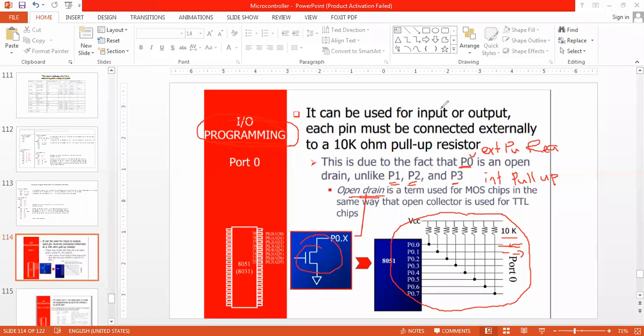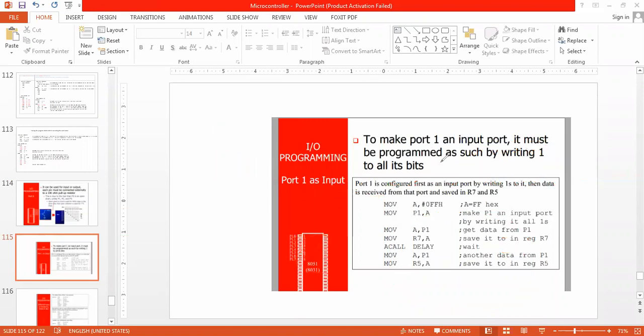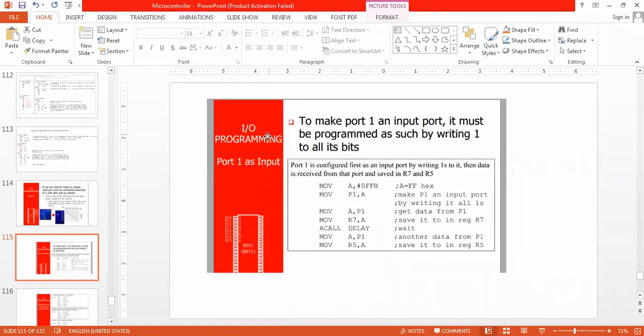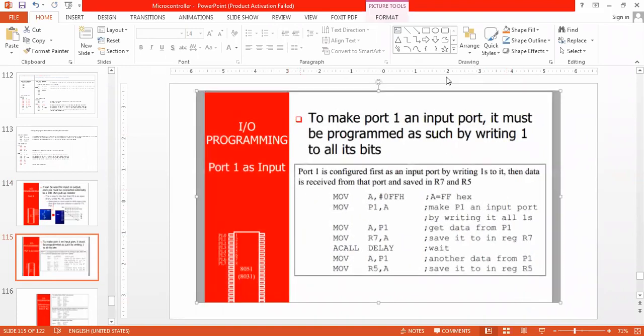Let us take an example of programming port 1 as input. To make port 1 an input port, it must be programmed as such by writing 1 to all its bits.